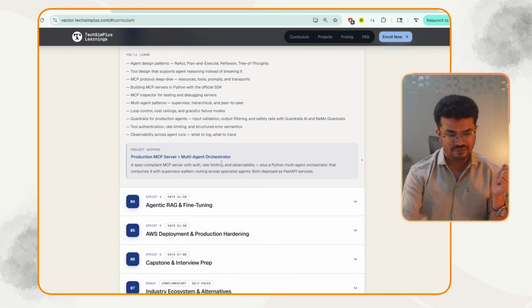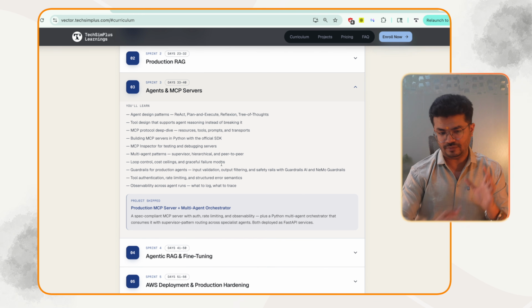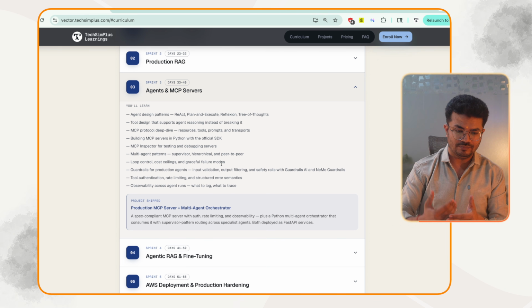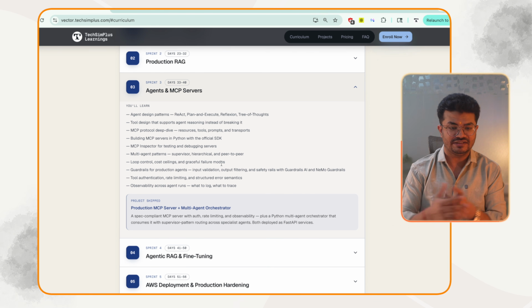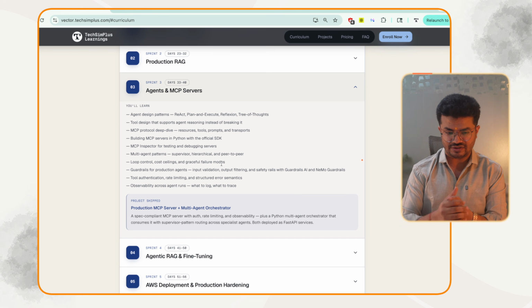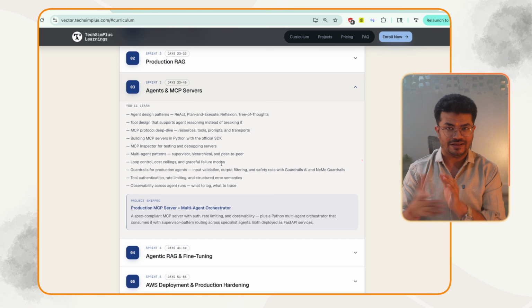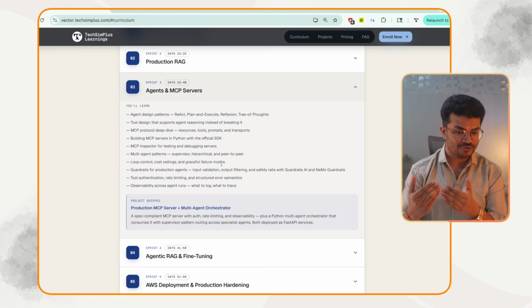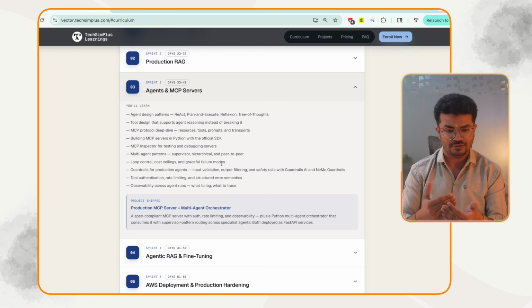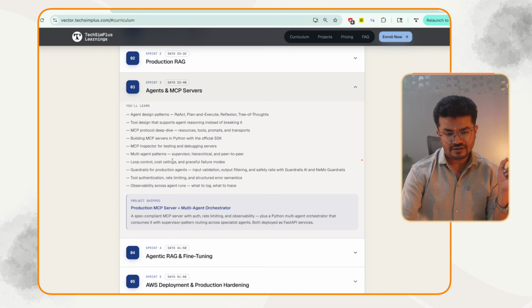And in this section, we will discuss all the required things, or we will basically learn how we can build our single agent to multi-agent systems. And we will also discuss how we can build an MCP server using FastMCP and other Python frameworks. And we will connect those MCP servers with different frameworks and Claude Code as well, right? Claude Code and Claude Cowork as well.